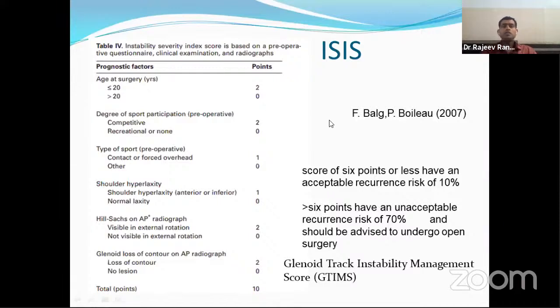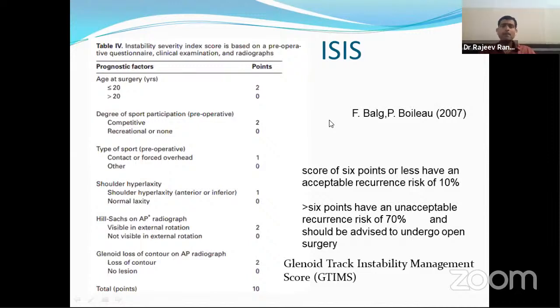One important scoring system which is followed for the planning of management is the Instability Severity Index Score. It considers the questionnaires, the clinical examination, and the radiographs. This score also considers age as one of the most important factors. If this score is 6 or fewer points, then there is an acceptable recurrence risk of arthroscopic Bankart surgery, that is less than 10%. But if the score is more than 6, then it has a very high unacceptable recurrence risk of 70%, and the patient should undergo some open surgery,